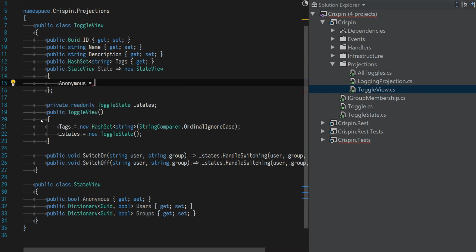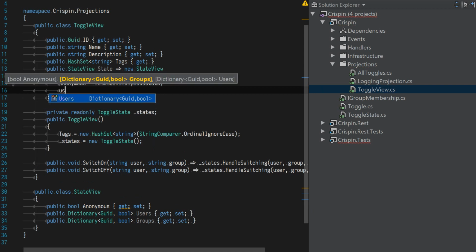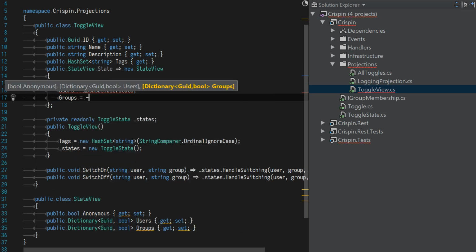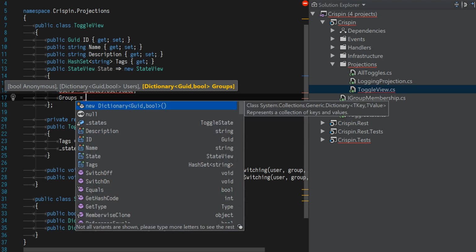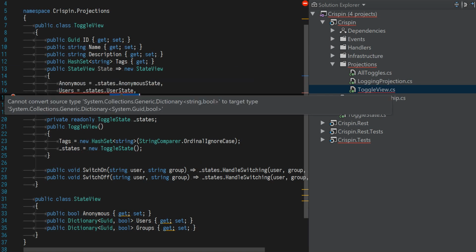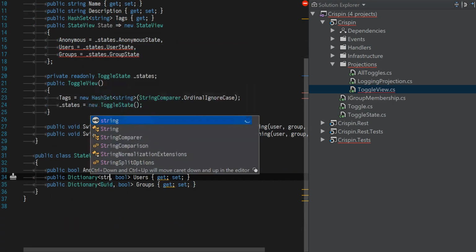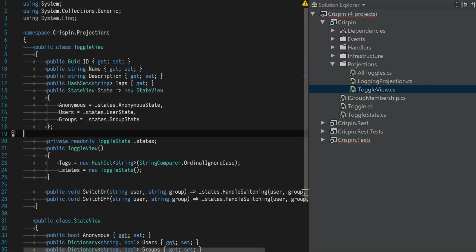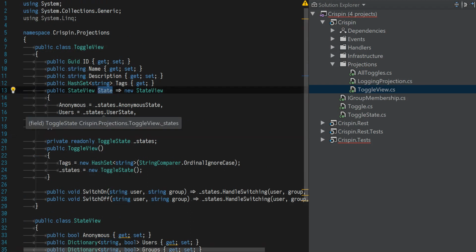So now we can say anonymous equals our states dot anonymous state, users equals states dot user state, groups equals states dot group state. What is the problem with those? Have I got my types mixed? Cannot convert the source type string bool to target GUID bool. Well, a GUID is going to be serialized as a string anyway in JSON, so it doesn't matter, we'll just do that. Great. Now our view has state in it as well,